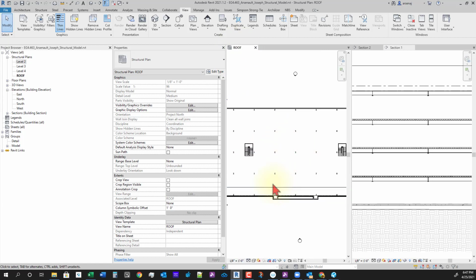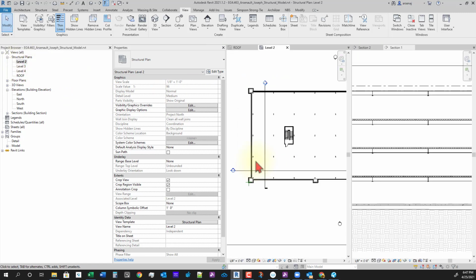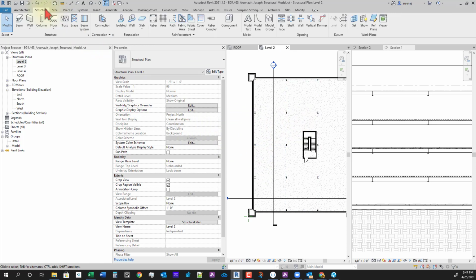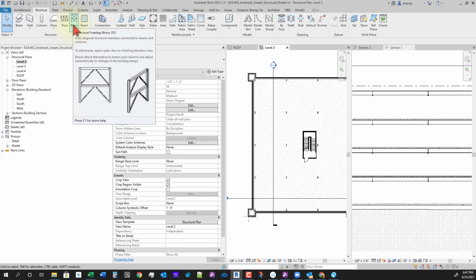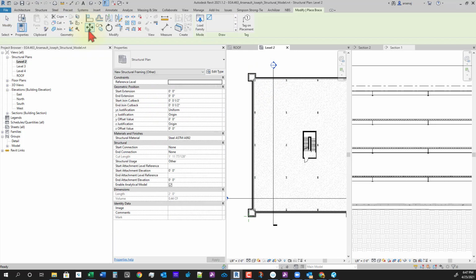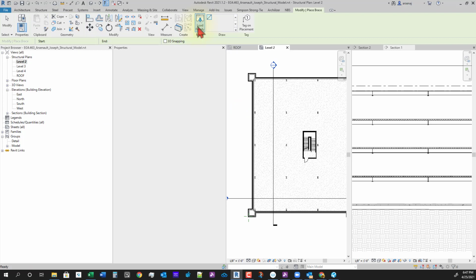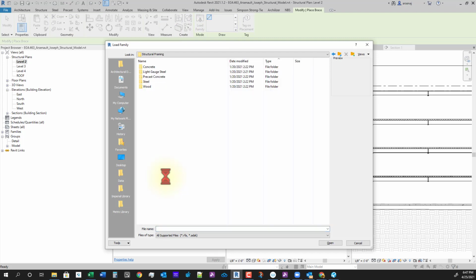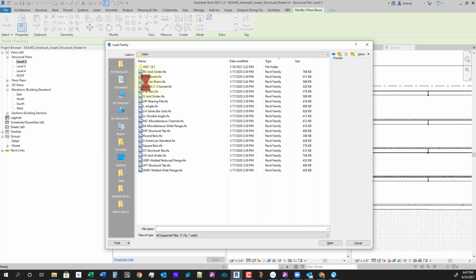So now the next thing I want to do, let's open up our level 2. In the middle here, we're going to add some beam braces. Go ahead and do your structure tab and then go to brace. We're going to add some brace framing, as you can see there. We're going to load family and go to structural framing, steel,